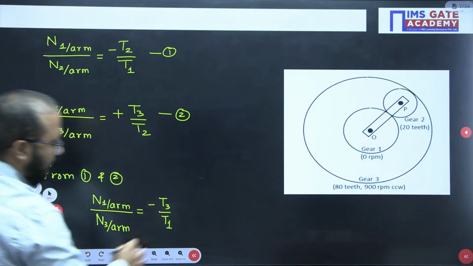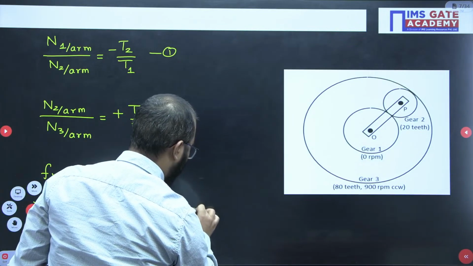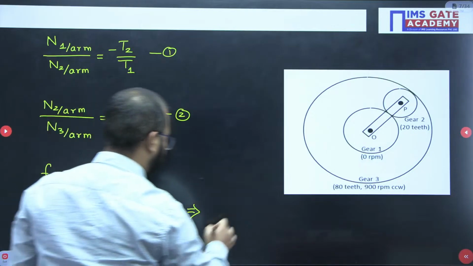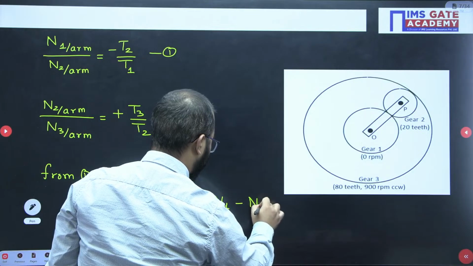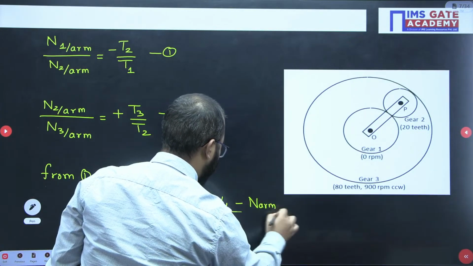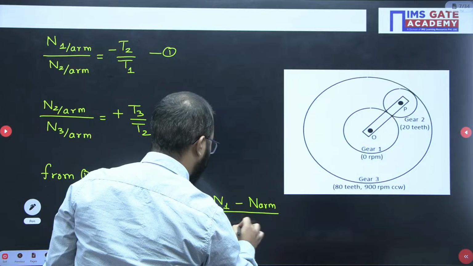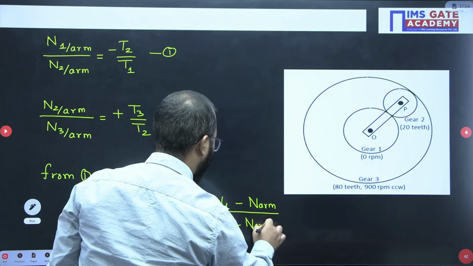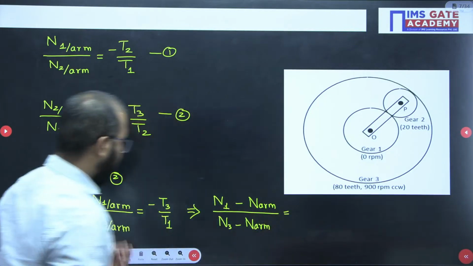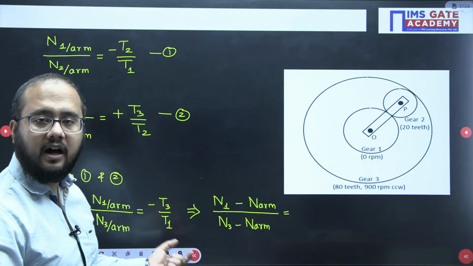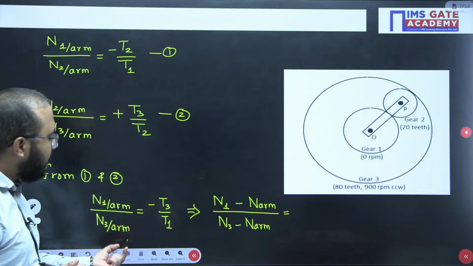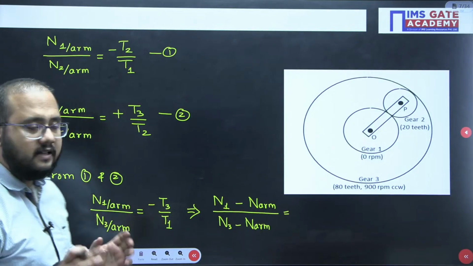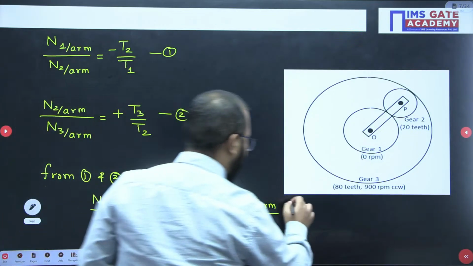Right? Now, if I simplify this relation, how are you going to write? See, (n1 minus n_arm) divided by (n3 minus n_arm). Because when we have to write 1 with respect to the arm, we will write n1 minus n_arm, and here 3 with respect to the arm means n3 minus n_arm. So this relation is equal to minus T3